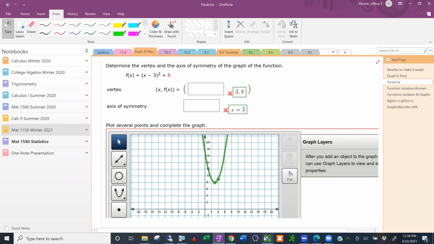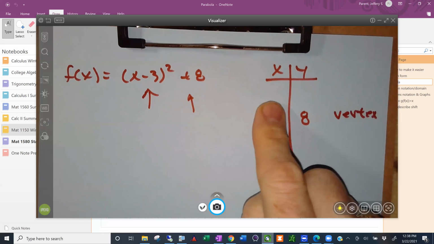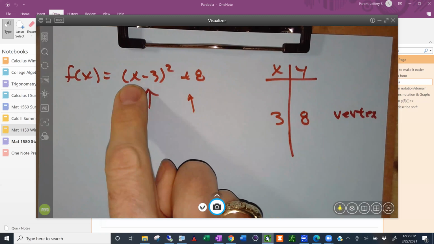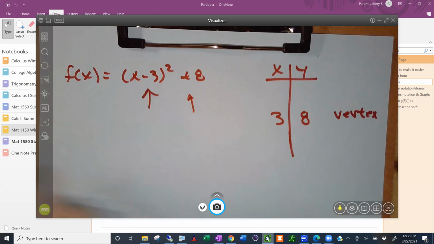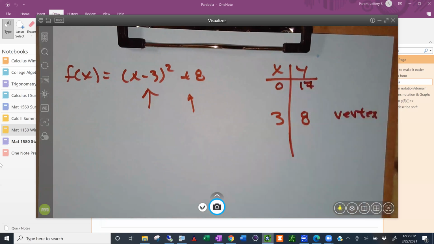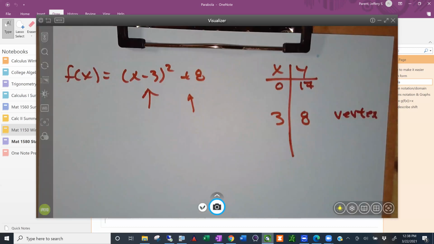Now, we ran into this problem before with graphing these things. Sometimes it's nice to put the y-intercept. So that means plotting x equal to 0. But if I put in a 0, I end up with 17. And that's taller than my graph, probably. Well, not in this case. They actually do have enough room there. My bad. But if it does end up being taller than your graph, you want to choose something that's closer